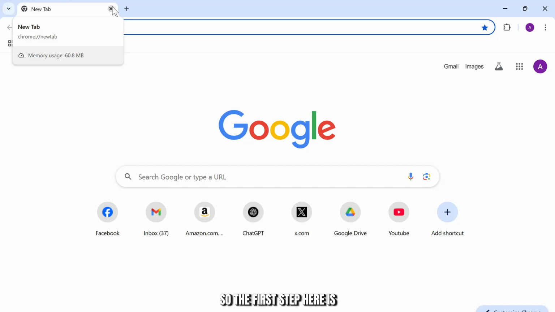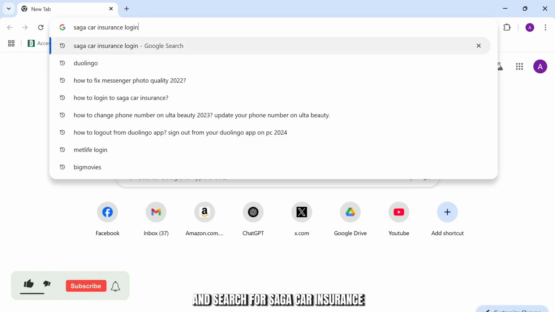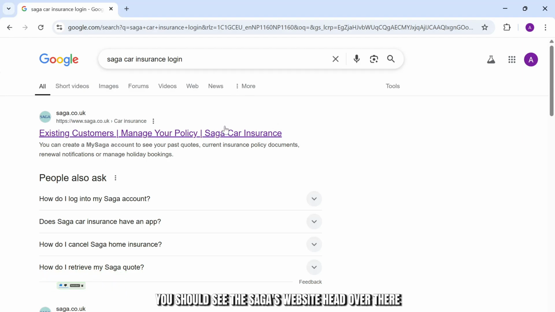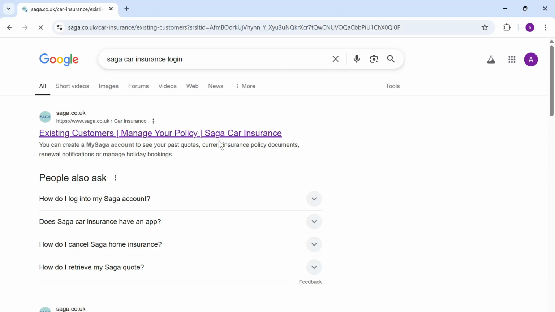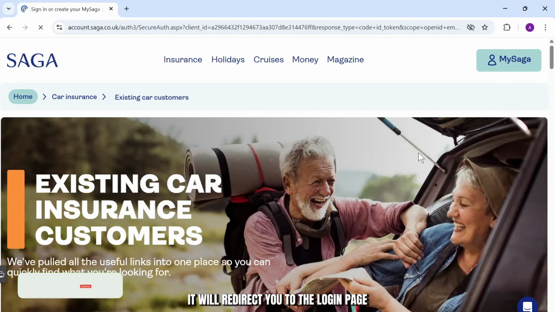So the first step here is you will need to open up your web browser and search for Saga Car Insurance. After you search for Saga Car Insurance, you should see the Saga's website. Head over there. After you're on the website, there you will see on the top right corner, My Saga. All you have to do is tap on it now, and after you tap on it, it will redirect you